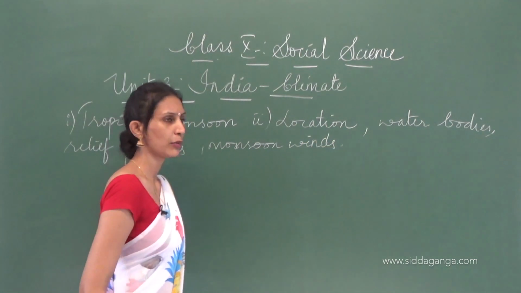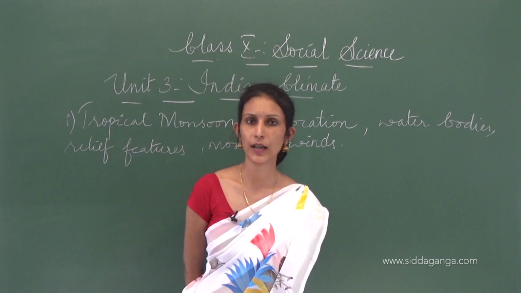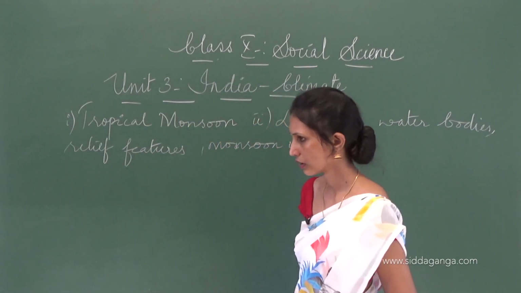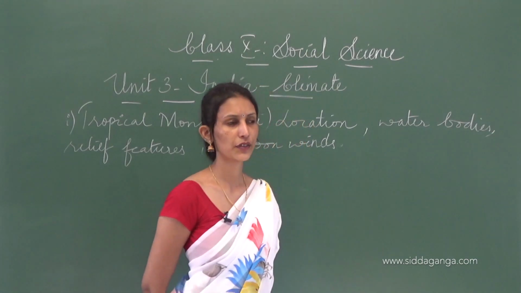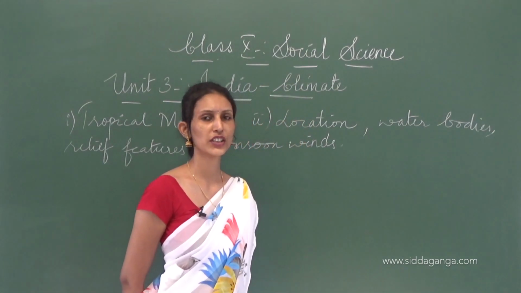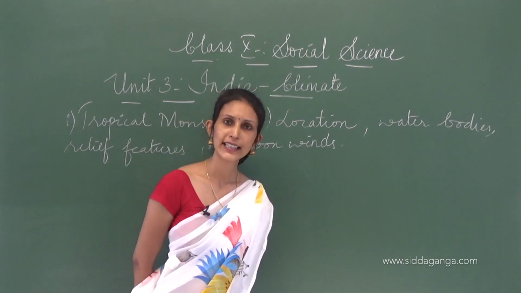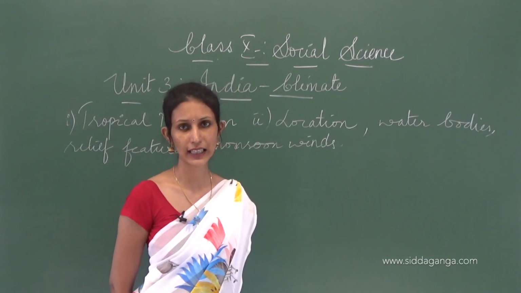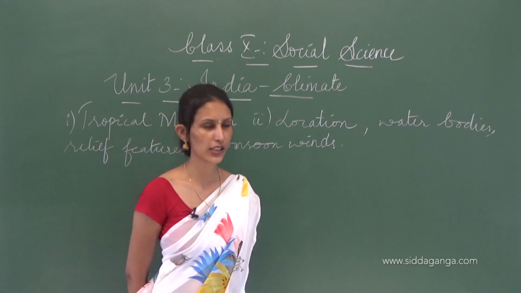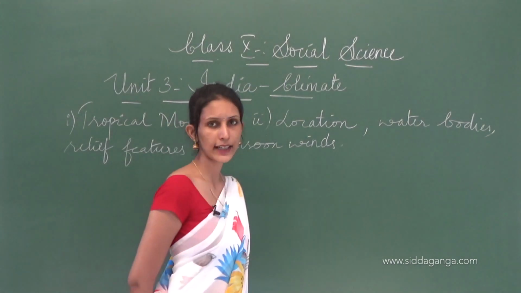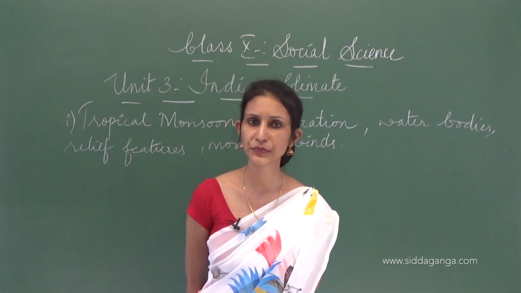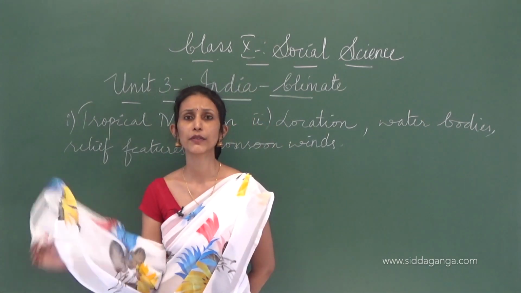So where we are located, how much water we have, then our relief features, certain features in terms of our location, maybe having canals or things like that, in which man has also intervened, and the rain bearing winds, that is the monsoon winds, where if you have a lot of trees,